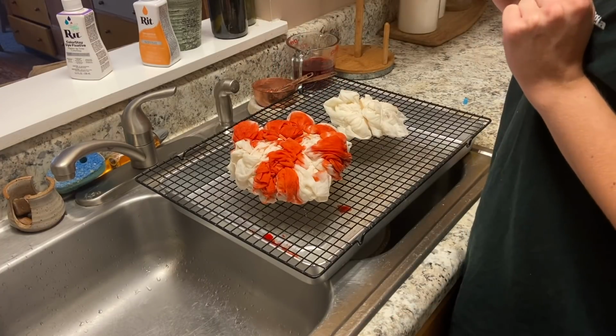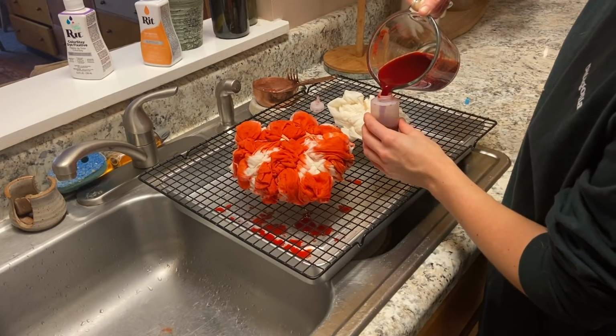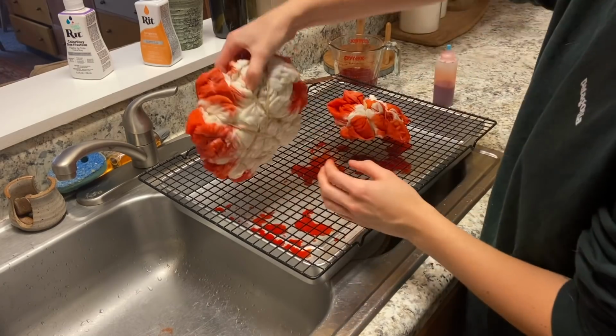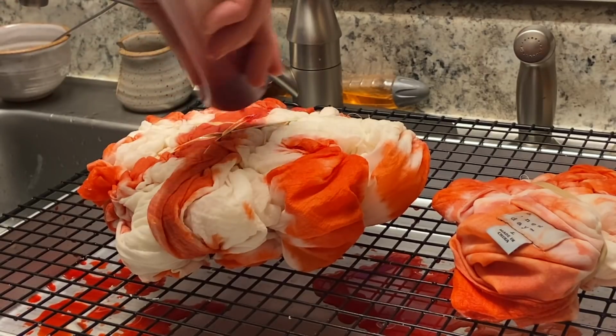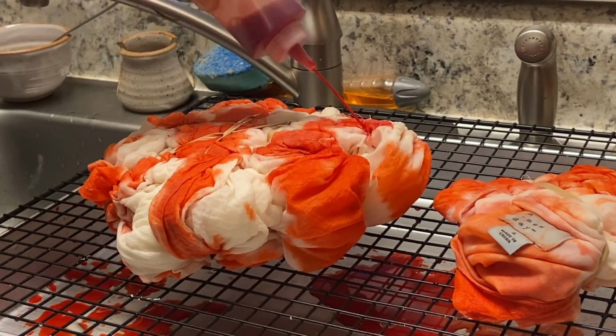So it's looking really dark and I'm getting really excited, and I went a little dye happy, so I had to refill my bottle, put it on the shirt, and then flipped both of them over to do the bottom of it. The key point to this was to keep some white in it. That's what's really going to give us that stark contrast between the 2 oranges. So I tried to keep as much white as I could,